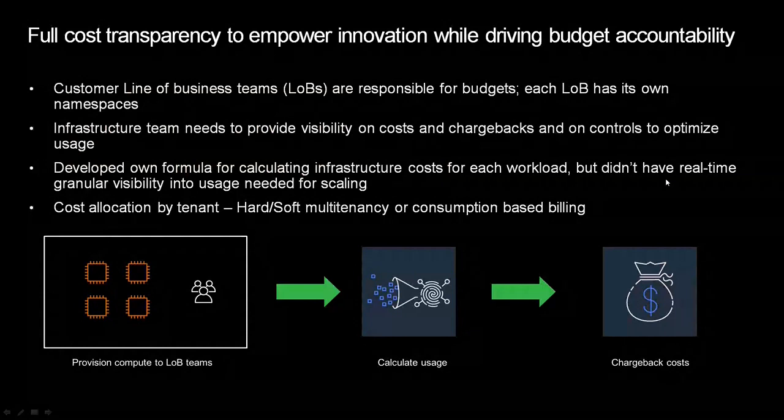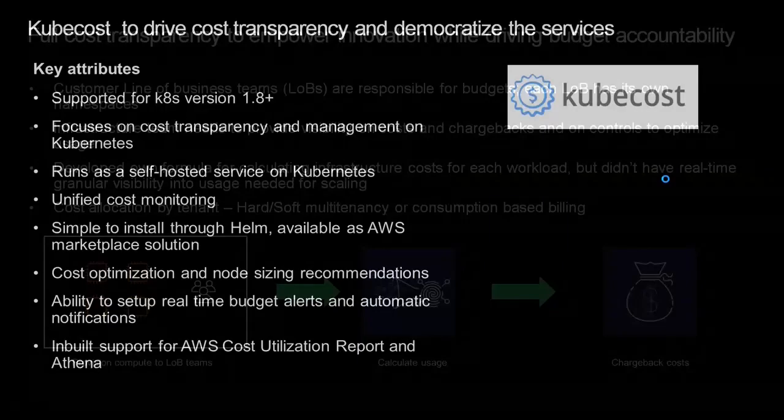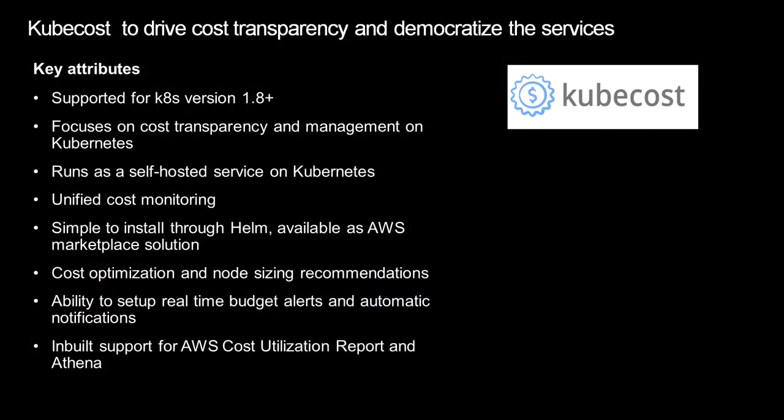So in all these types of scenarios, we can propose a very sophisticated solution, which is KubeCost. Although it's an open source solution, you can get basically two versions of it. You can have the free version, which is available as an open source GitHub project. You can download it, you can install it, but at the same time you also get a paid version, which is also available in the AWS Marketplace.